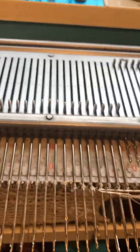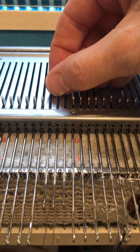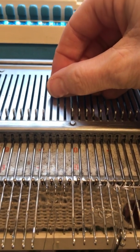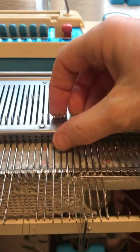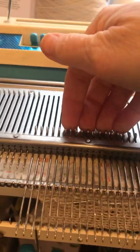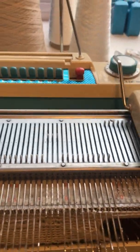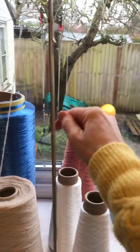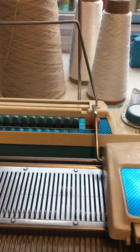Okay, moving along, I want a bobble in the middle of the fabric, so I'm going to now reposition these 3 needles back, and then making sure the ones that are used earlier I've pushed all forward, and these ones here are all still in the holding position. Then always check your yarn in the holder. I might just tighten that up a little bit and take the carriage